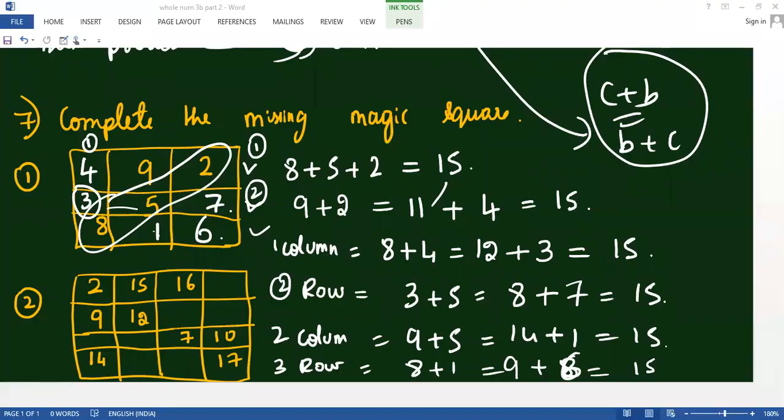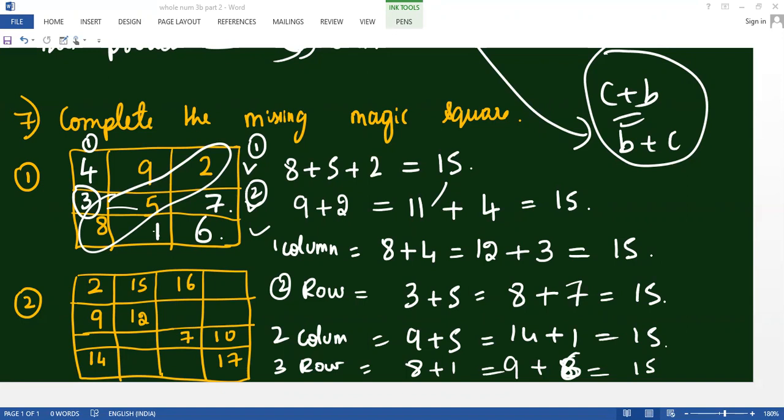So the next question also will be the same. First we need to add the diagonal terms, that is 16 plus 10 plus 4. So that becomes 30. So now we have to match up all the rows to 30. Let me take the first row, that is 16 plus 2. 16 plus 2 is 18. So we need to match up with 30. So 30 minus 18 if we do, then it becomes 12. So that is equal to 12.